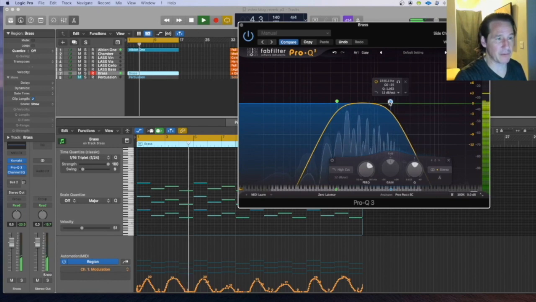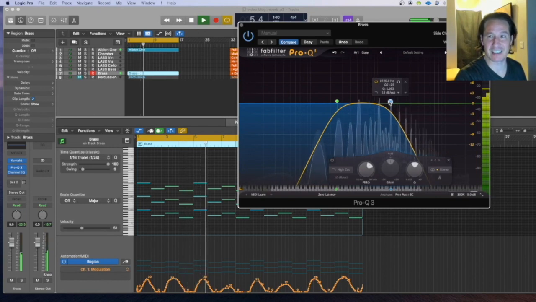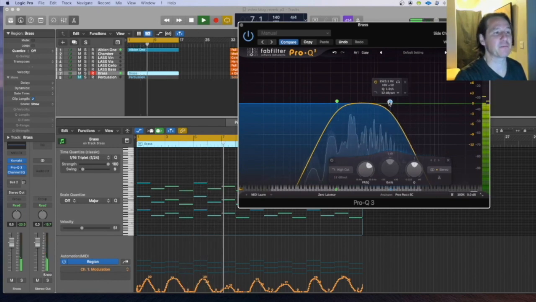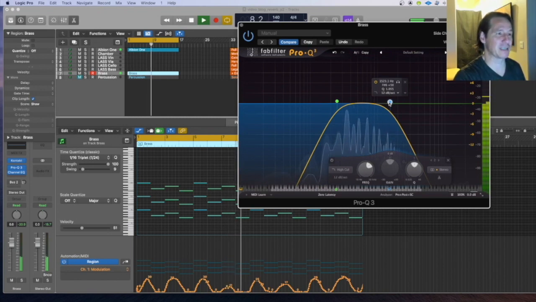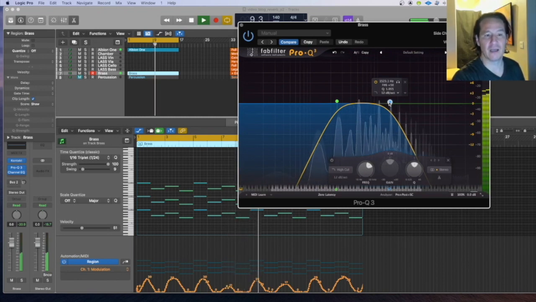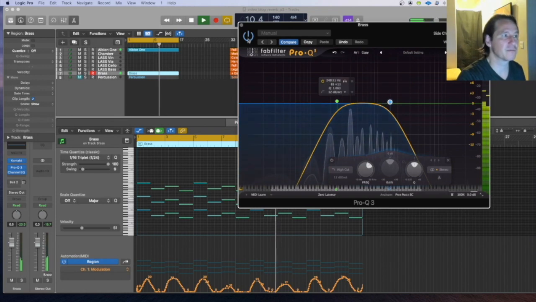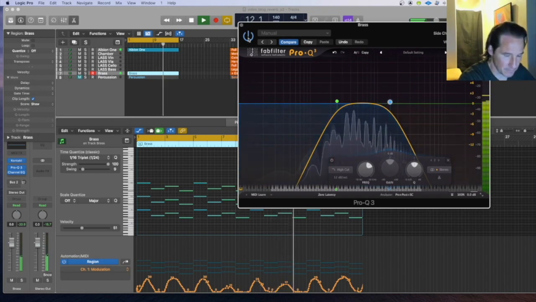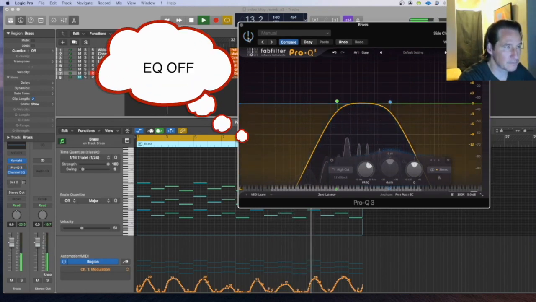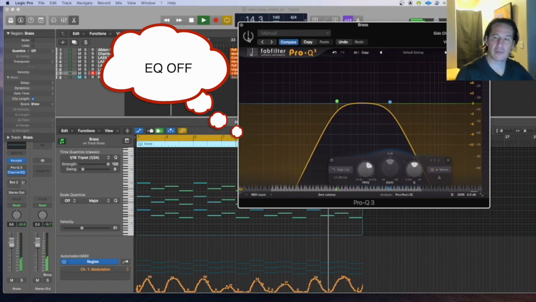Now, you've got to be careful here. I'm exaggerating the heck out of this. I probably wouldn't do it to this extreme because we still want it to sound good. But hopefully you can hear. I'll turn it on and off. Without the EQ, that brass is so much more crisp and detailed and bold, right? As soon as I turn the EQ on,